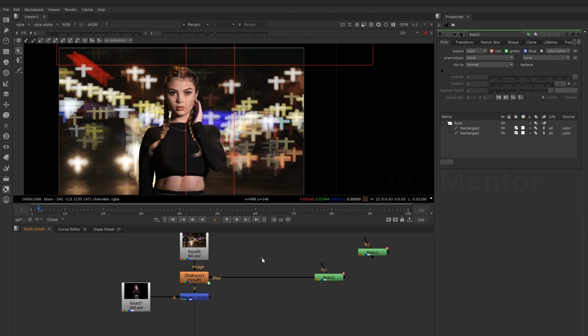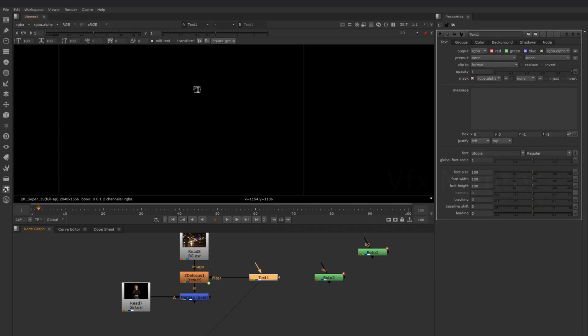Not only rotos, you can also connect a text layer. Like in this case, I will type.